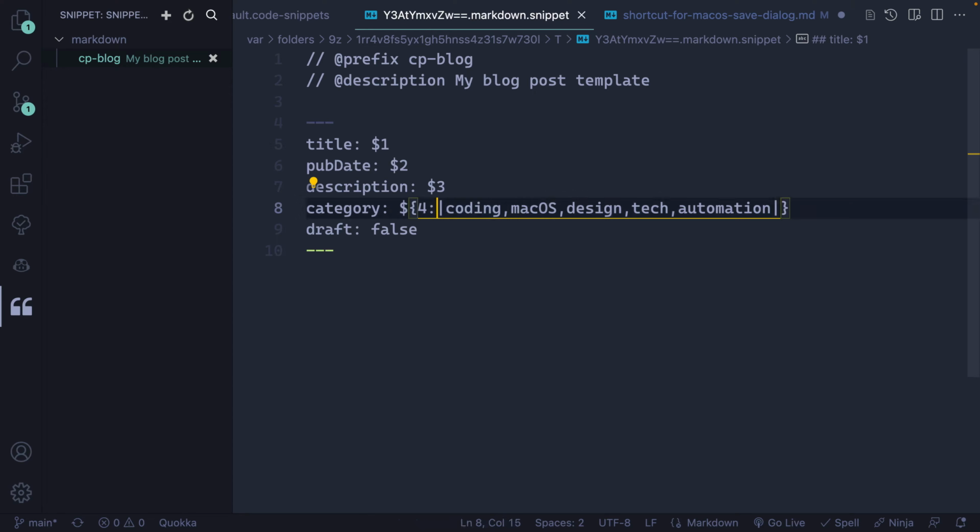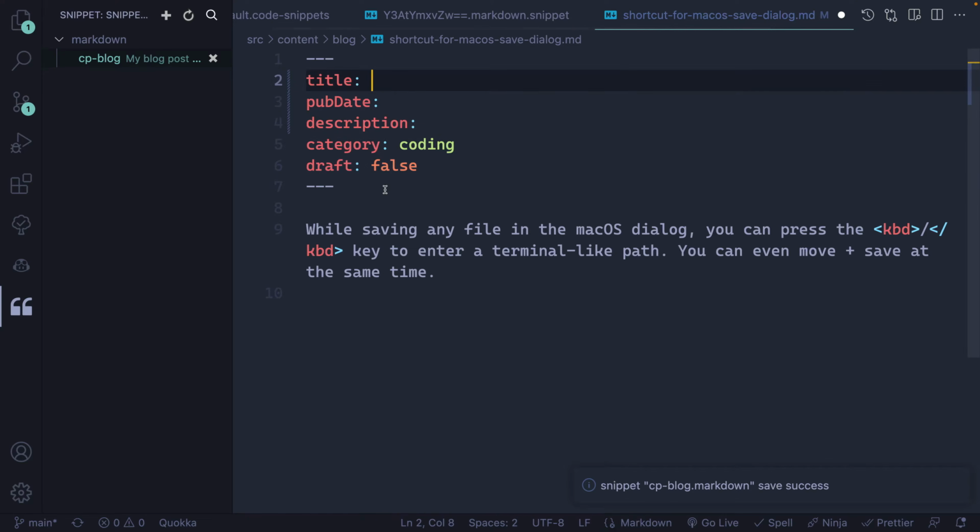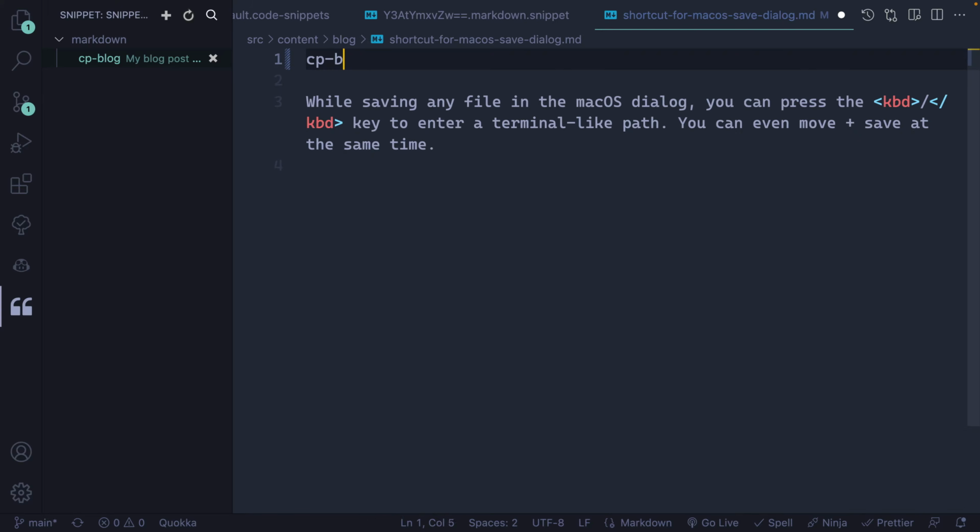Now, finally, before I save this, I do need to make sure I erase this colon, because if I don't do that, then it's going to just provide all of this as the default value. This isn't a default value, it's a list. So I'm going to save it like this. So same basic syntax, I just put it in pipe characters, and I do not have a colon for a default value. So now if I come back over here, I can come in here and say cp blog, and